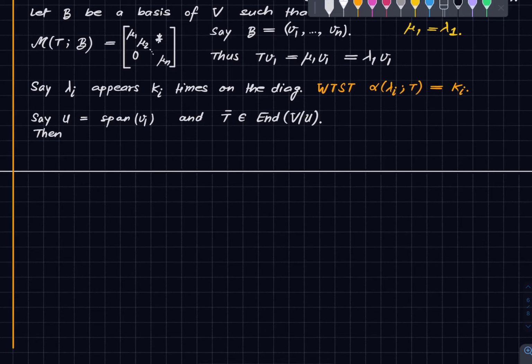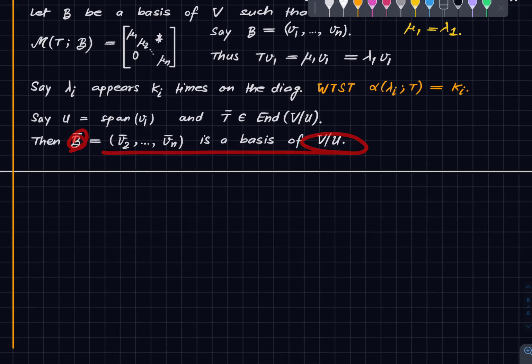So then it is a simple check that this list is a basis of the quotient space, where of course V2 bar just means the coset of U corresponding to V2 and so on. So this will be a basis of V mod U. Just make a simple check, and then observe, in fact,